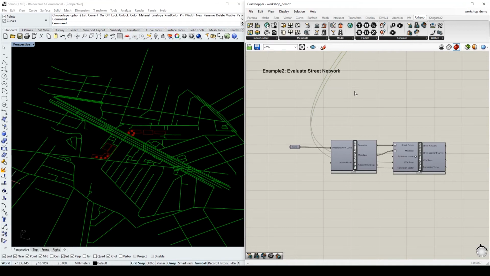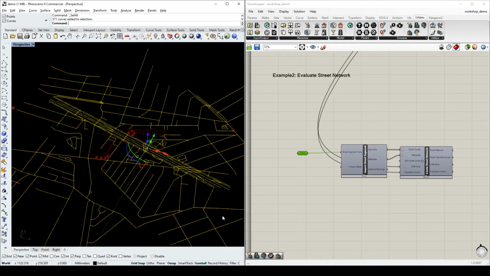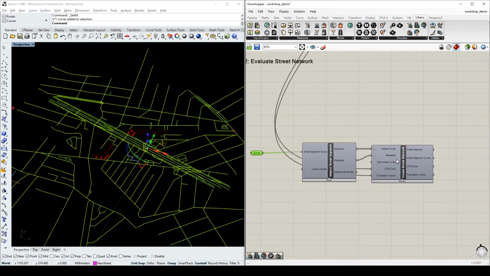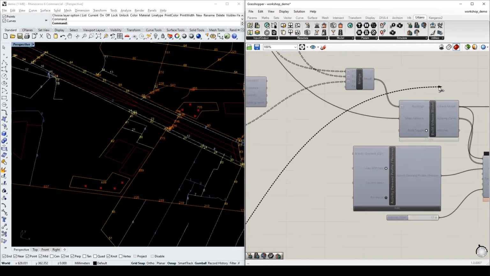In example 2, we will evaluate some changes on street network. This is the existing streets from the OSM. We bake them to the Rhino and then add 1 new street here. We select them back to the Grasshopper and use them to construct a new network. When we plug in the new network into the model,